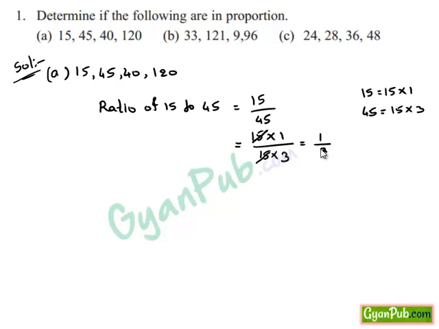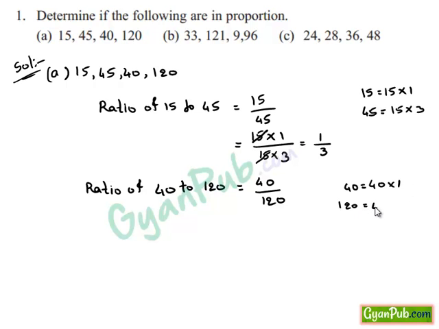as 1 upon 3. Similarly, ratio of 40 to 120 can be written as 40 upon 120. Here we can observe that 40 can be written as 40 times 1 and 120 can be written as 40 times 3. So rewriting this, 40 times 1 upon 40 times 3. Here 40 in the numerator and 40 in the denominator gets cancelled, which gives the ratio of 40 to 120